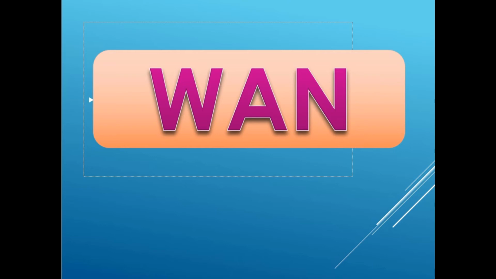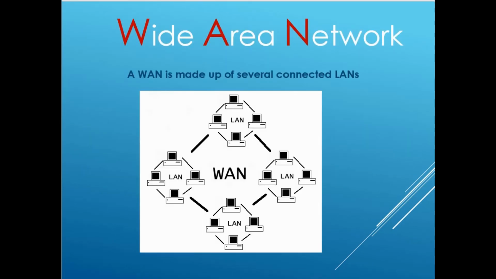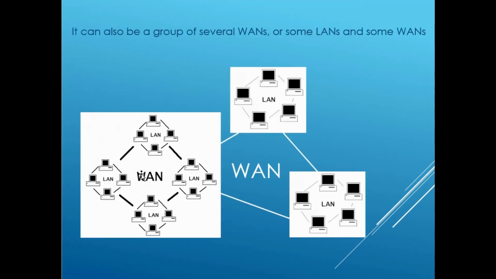And next we have WAN. If you remember what WAN is, Wide Area Network. And it can be made up of several different ways. It can be a whole lot of LANs, local area networks, connected together. It could be some local area networks connected up to one wide area network, which is then connected to other LANs. So it can be different groups of WANs, some LANs, some WANs, whatever combination